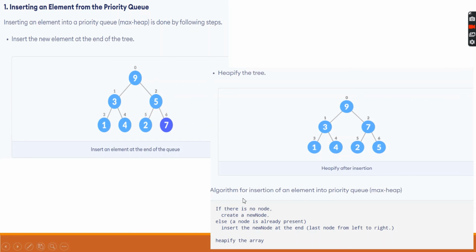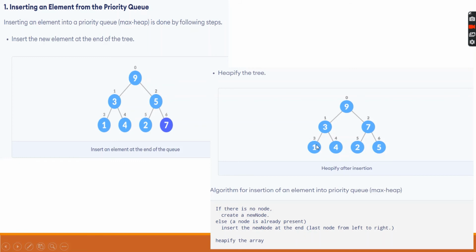So insertion of the element takes place at the end of the queue, 7. Then after that we heapify the tree. Heapify after insertion means we look for the maximum value among 2 and 7, swap those two elements, and give the maximum value the topmost position.